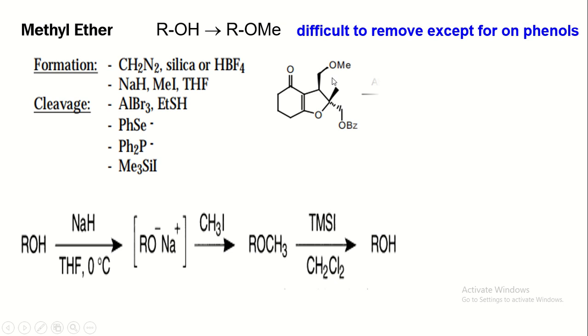In this reactant, there are two types of OH protected. One is methyl ether, the other is benzyl ether. Then the deprotection is done by using BBr3, but only the methyl ether is deprotected in presence of the Lewis acid, not the benzyl ether. Therefore, only one OH is deprotected, not the other, in the product.